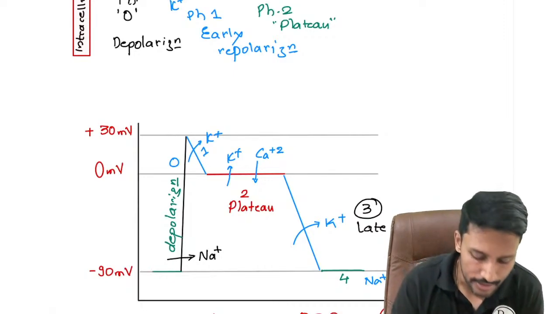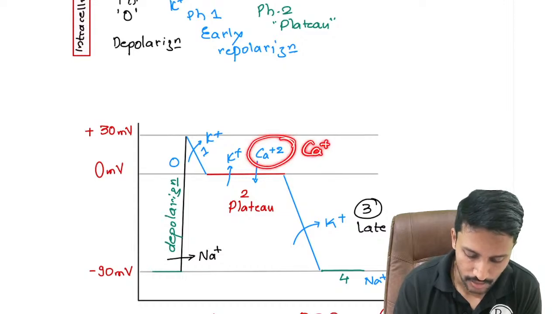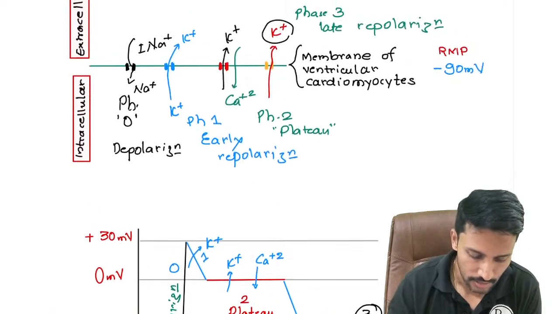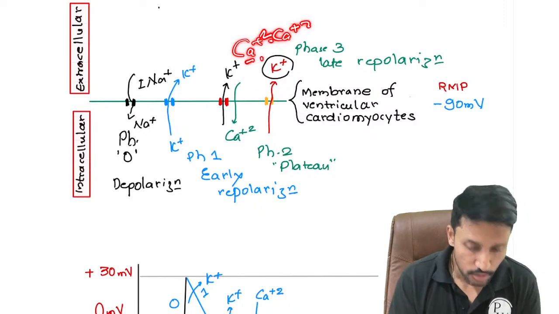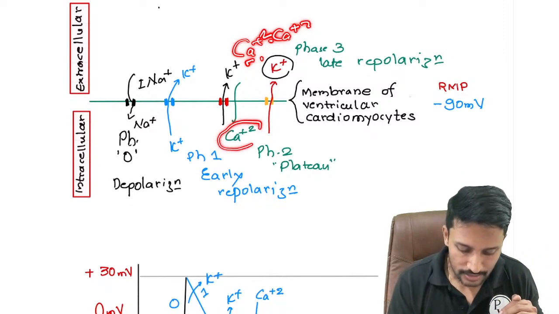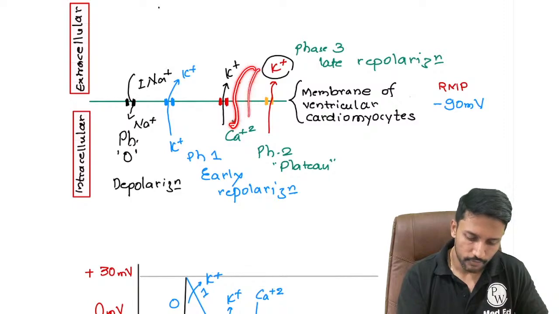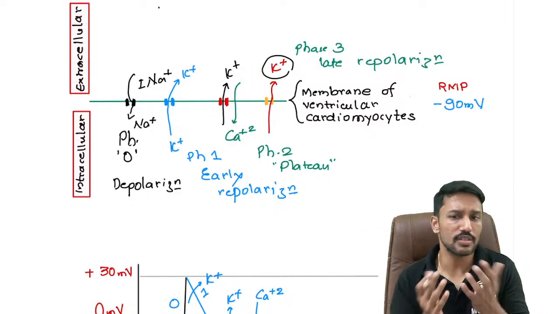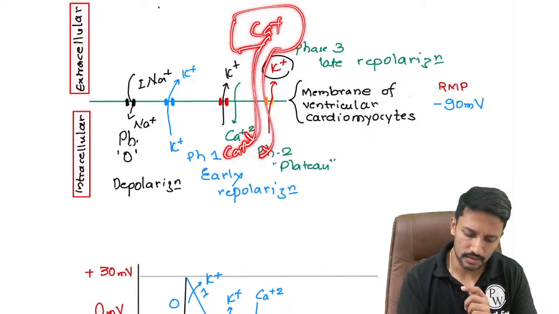Now, if I have a higher concentration, we are talking about hypercalcemia, right? So I have more calcium in the extracellular compartment. I have a lot of calcium in the extracellular compartment. So I will be able to achieve the desired concentration of calcium in the intracellular compartment much earlier. Why? Because the rate of calcium movement from extra to intra depends on the concentration gradient. So if I have higher calcium outside and relatively lesser calcium inside, I will move much faster and fill the